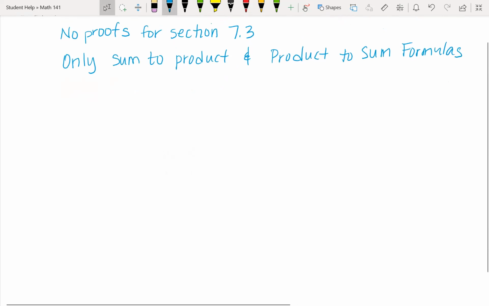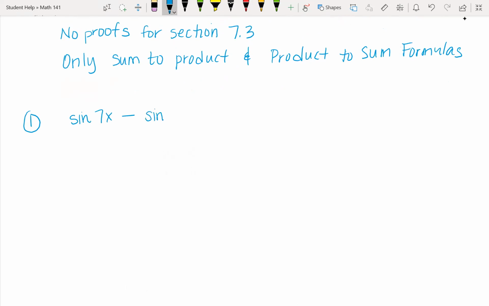Okay, so for our first example, let's look at sine of 7x minus the sine of 4x. And what we want to do is change that into its different format. The sum to product formula